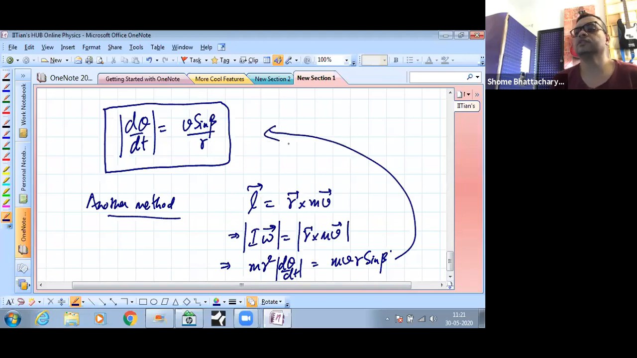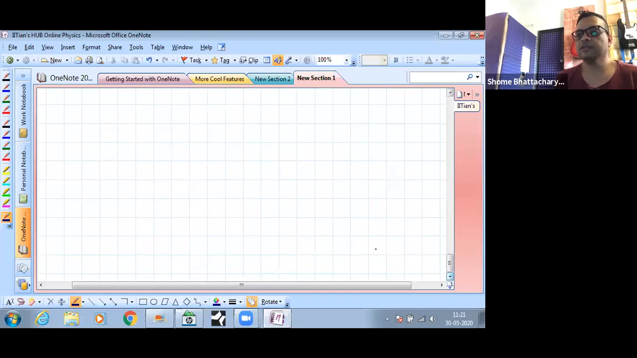So it comes back to this. In fact, it's the other way around actually. Angular momentum is defined because of this kind of relation. Okay. So now coming back to that, the third point you can see in that situation is